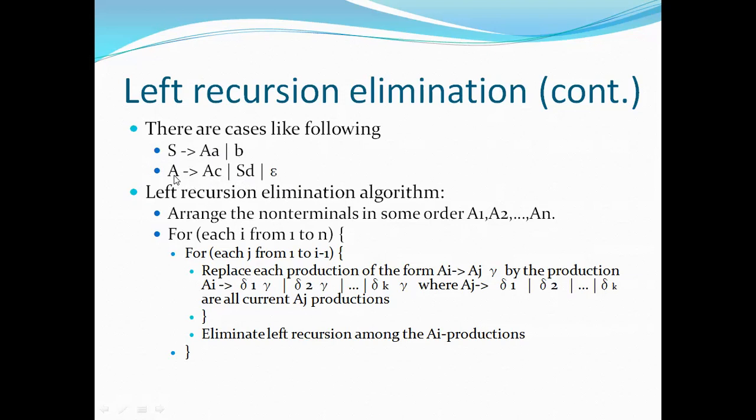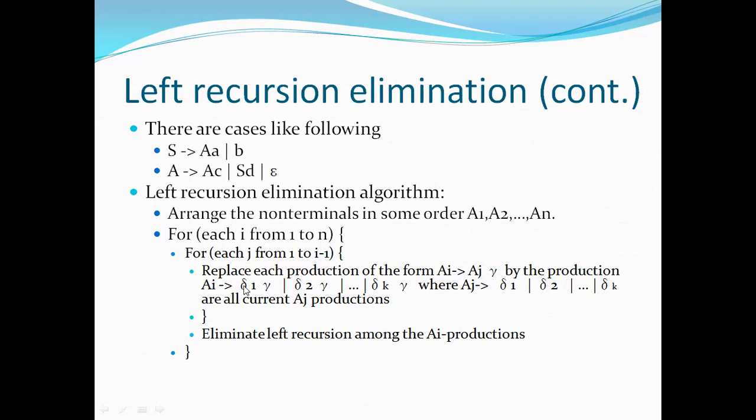So it is in the form of A is production with A alpha 1, A alpha 2 and beta 1, beta 2, like that. So here we are using for each I from 1 to n. So for each j from 1 to I minus 1. So replace each production of the form Ai is production with Aj gamma by the production. So Ai is replaced with delta 1 gamma,